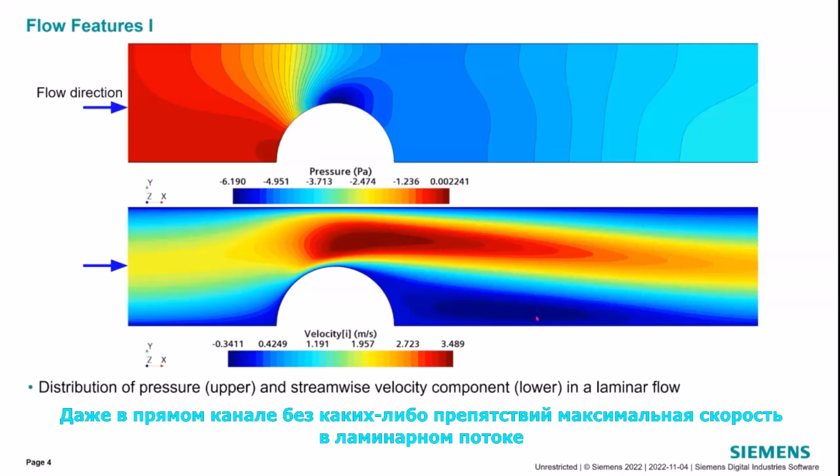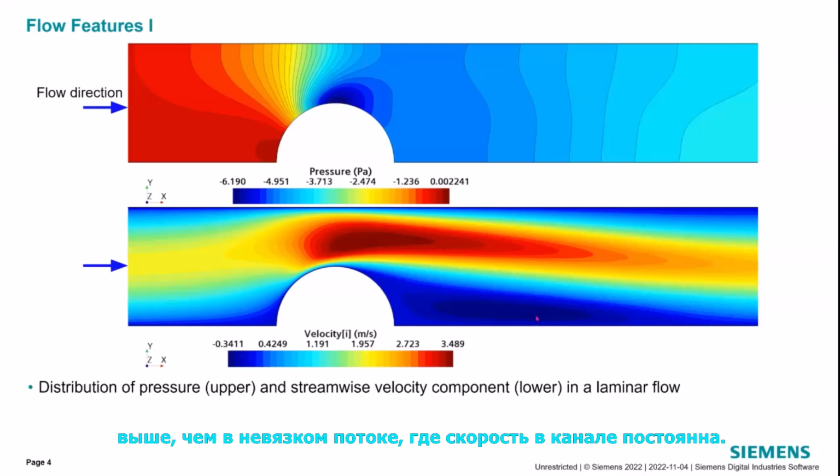Even in a straight channel without any obstacle, the maximum velocity in a laminar flow is higher than in an inviscid flow, where the velocity is constant across the channel. In the parabolic profile of a laminar flow, the maximum velocity at the symmetry plane is 1.5 times higher than the mean velocity. Note also the existence of boundary layers at walls and shear layer between the core flow and